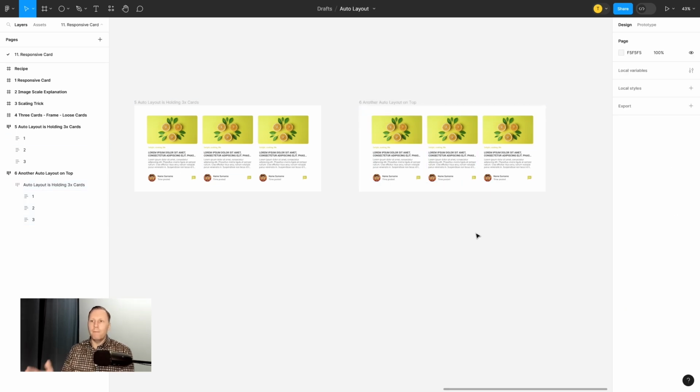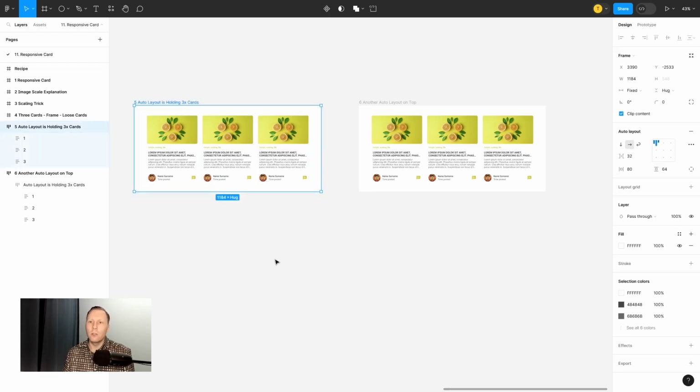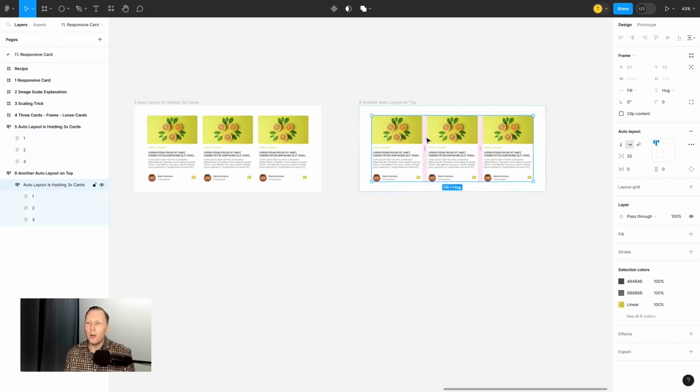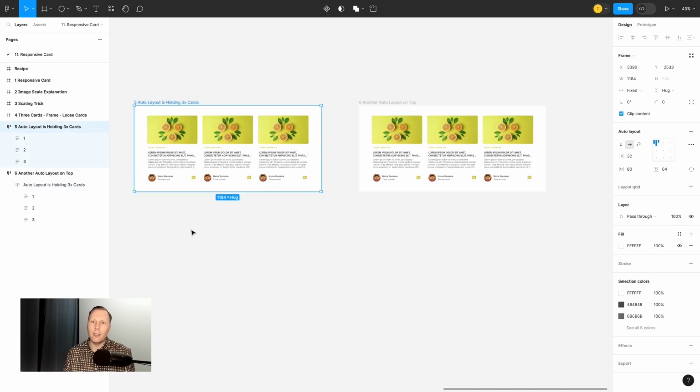set to fill. Visually speaking, they are the same, and if you are designing something, you should probably go with 5 unless you need to use AutoLayout inside within another AutoLayout. For example, if you want to add visual elements or change the settings to make it look different. But if you don't need to do that, you can go with AutoLayout number 5 because as I always say, you want to keep it as simple as possible and don't overcrowd with multiple layers on